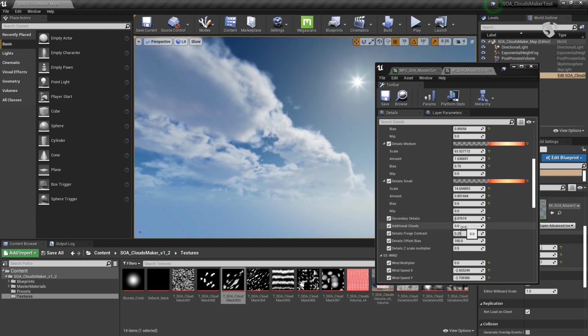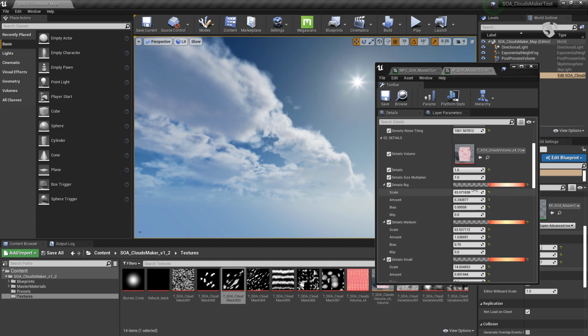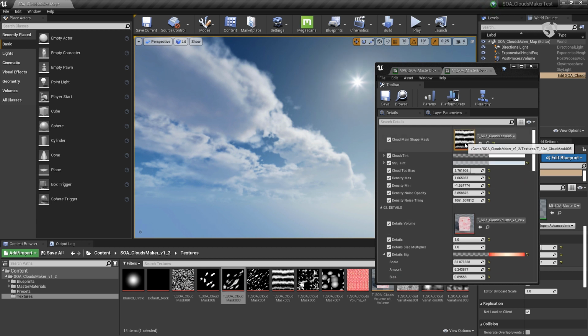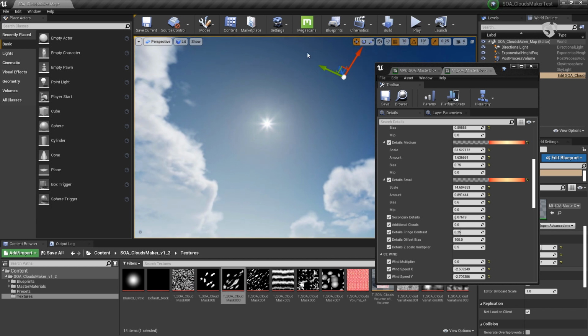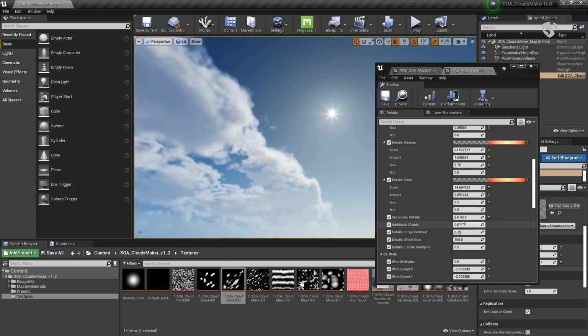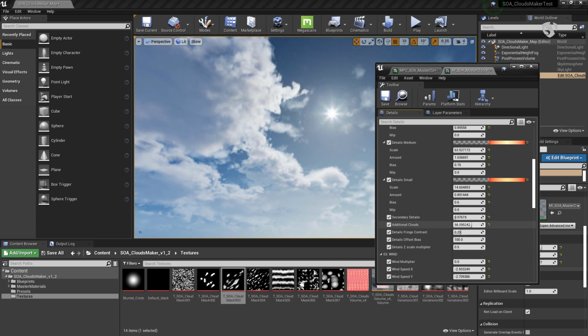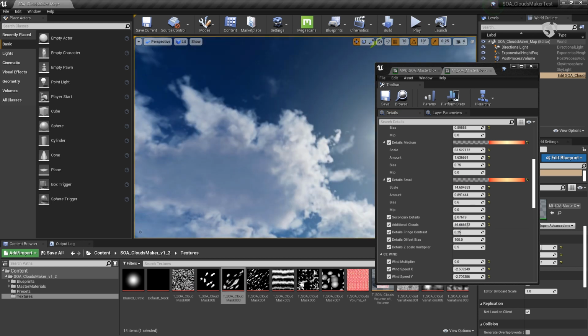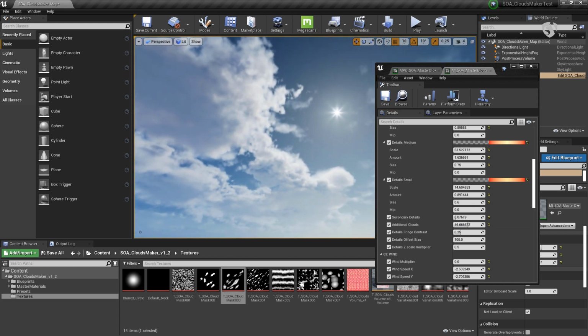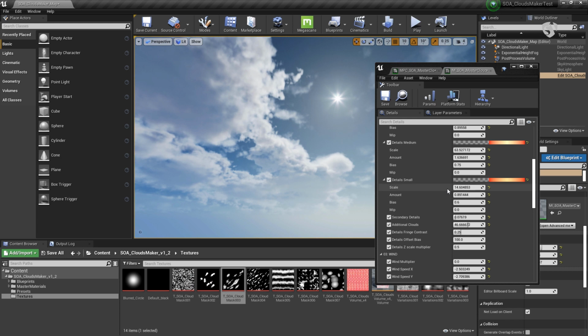And then additional clouds, this is basically a way to break the original shape of your clouds. Maybe this area is empty and you want something, you can just increase the additional clouds, and you see you will break free from the original shape, which is sometimes cool because you want a little bit